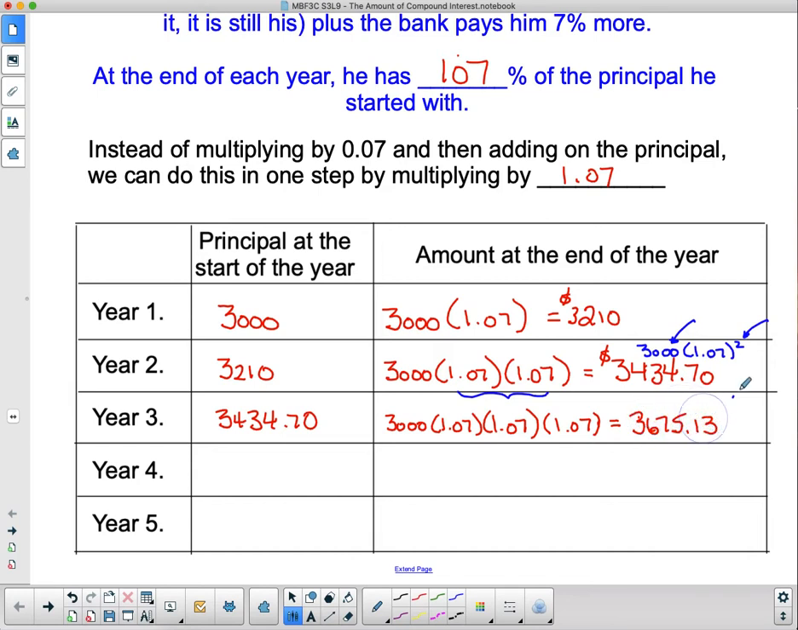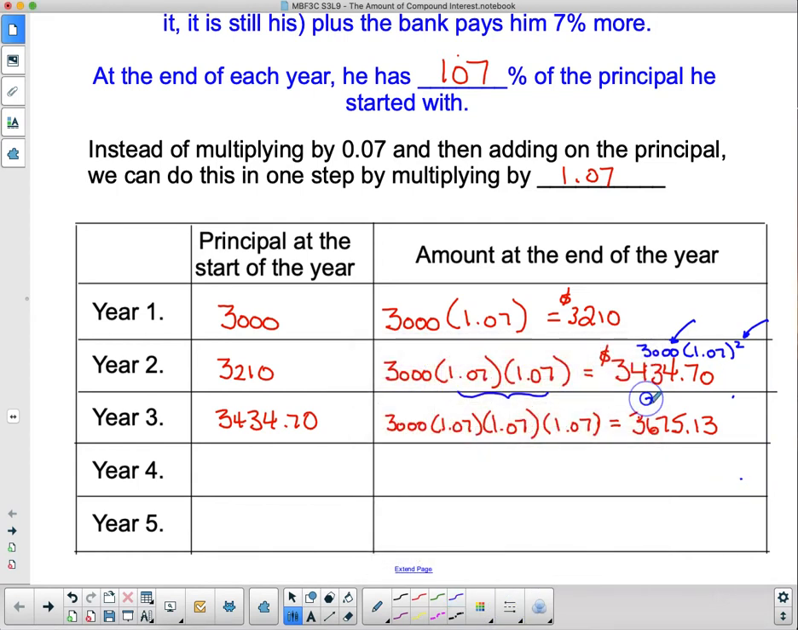3675.13. Now I'm just going to show you that, and here we go, we'll take the blue again. This could have been, oops, that's really thick. I'm not going to fit it all in there. Okay, we could have gotten the same number